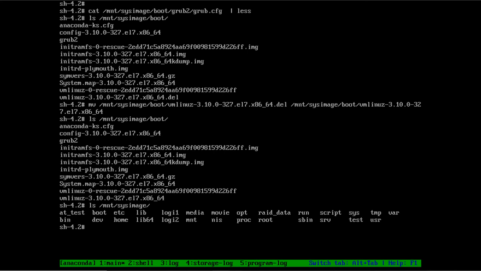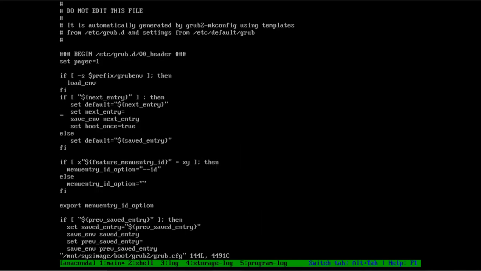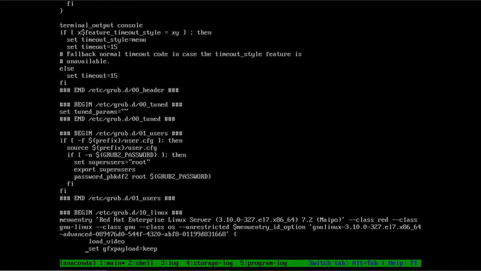Then also, if I want to reset or remove the password of grub, then I can do that, because I can see it. I will use the vi editor here, /sysimage/boot/grub/grub.cfg. Now we should not edit the main file directly, but here we don't have any other option. So I will open the main configuration file for grub, and then I will look for the line which has the password for the root user for grub.